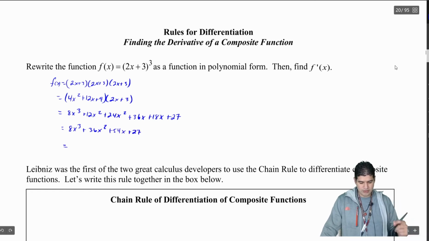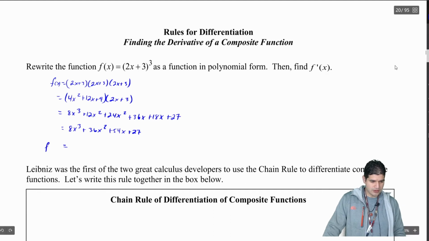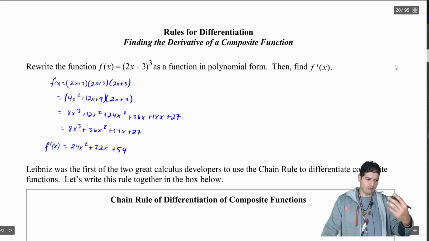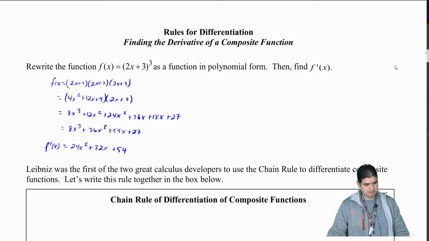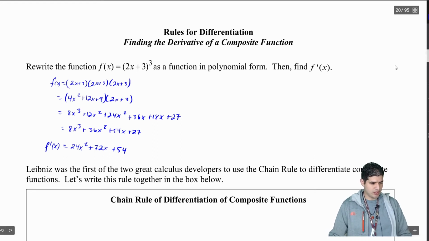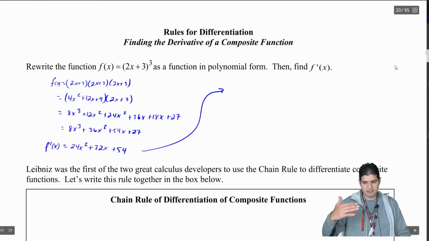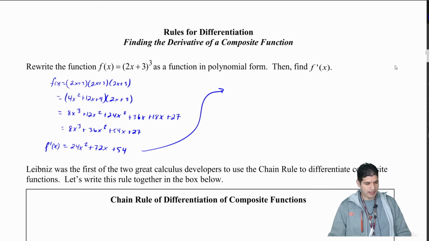Now I'm going to take that derivative. So when I do this, I'm going to say f prime of x equals 8 times 3, that's 24x squared, plus 36 times 2, so plus 72x plus 54. And then the derivative of a constant is 0. And what I notice here is that I can actually simplify this,